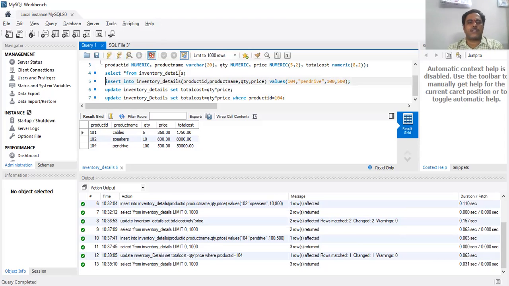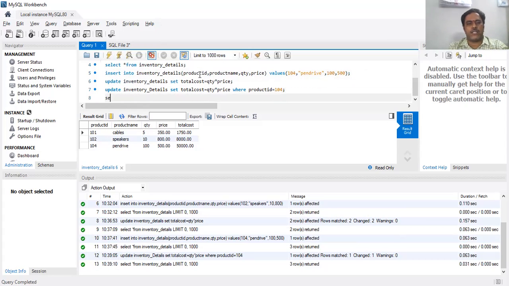So when you write select star from inventory details, you'll get all the records at a time. If you want to see only a specific record, rather than verifying all the records, then you have to specify the condition. Select star from inventory details, where star represents all the columns.